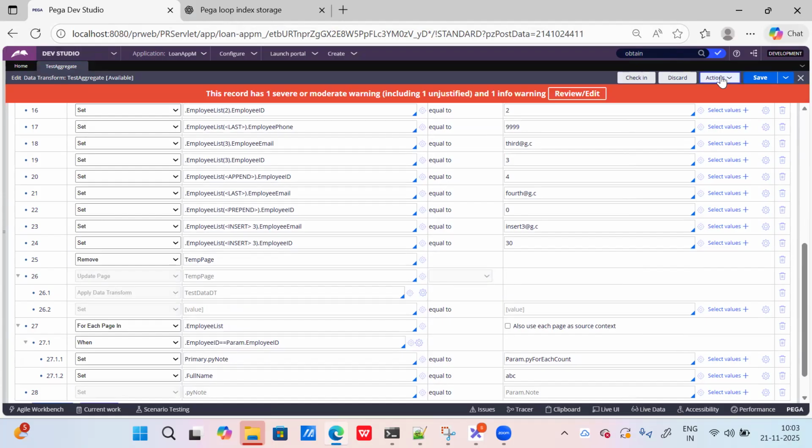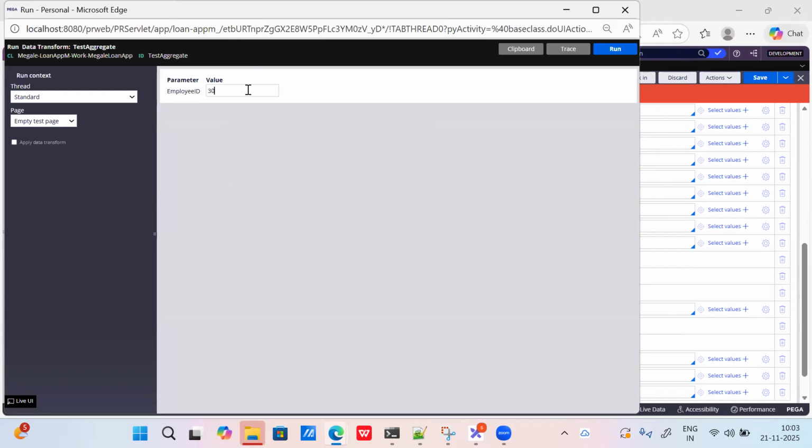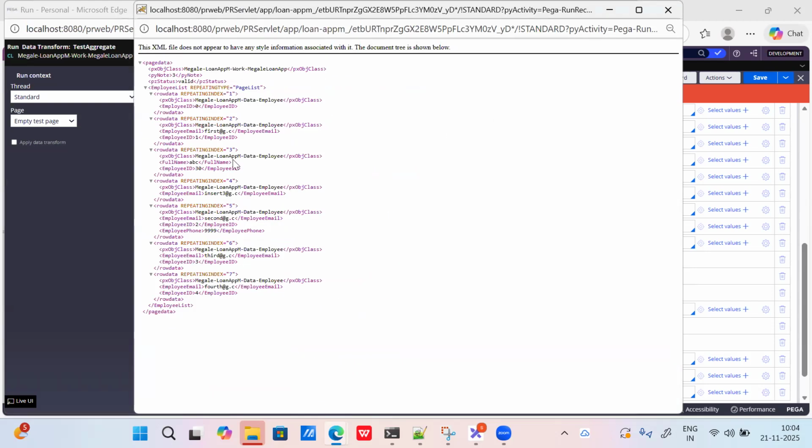I'm saving this one. So whenever a condition is met for this one, if I'm giving employee ID as 30, whenever employee ID 30 is equal to true, at that index, I'm setting that full name as ABC. If you run this one, you could see employee ID equals 30 got returned as true, and I'm inserting a new property whenever a condition is met, full name as ABC. And my pivot value is 3 because I am inside the loop of 3. You got my point? So a condition got met where employee ID equals 30, and I have inserted a new property called full name. Clear?